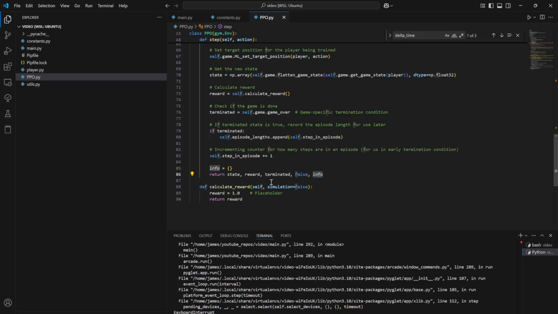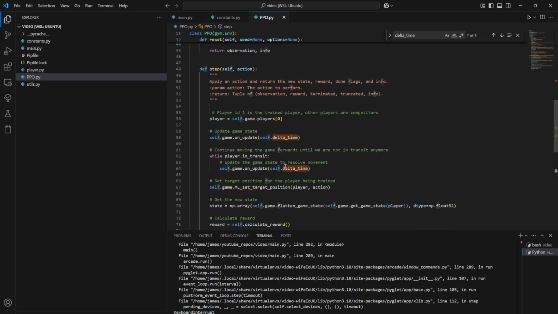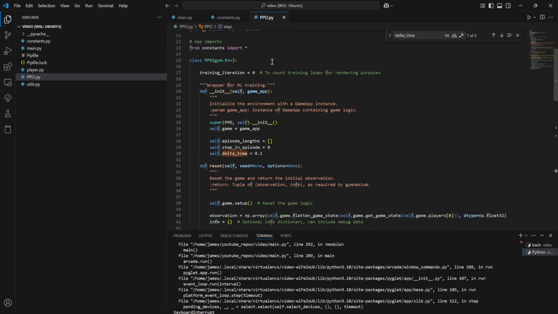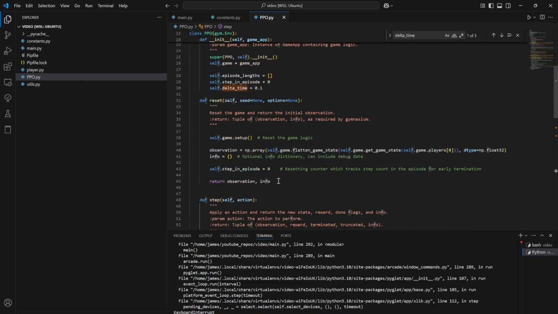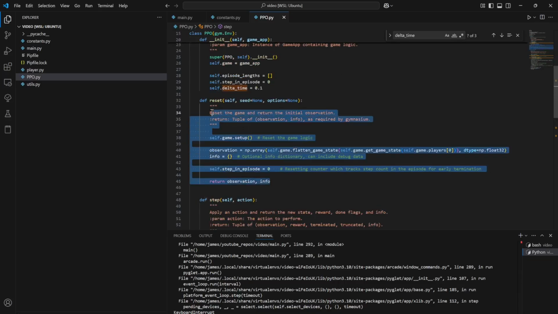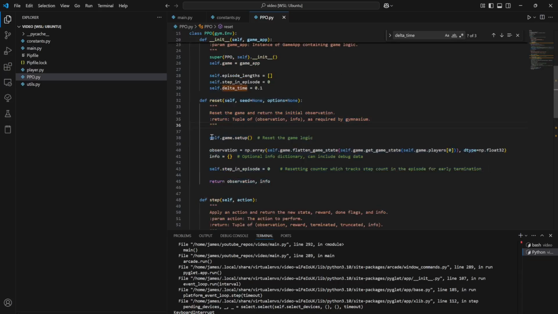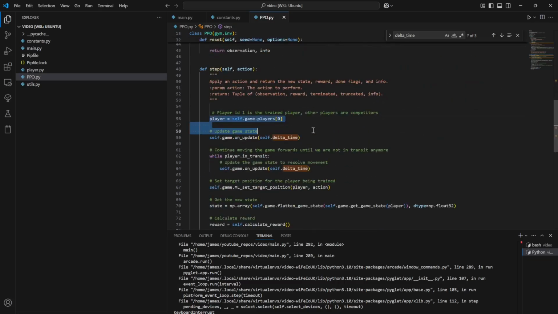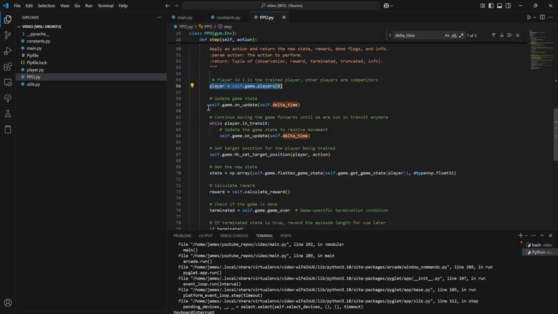So that's it. That's the end of this video. There's a lot there, but the principle is we're using this PPO wrapper to play the game without running arcade. We're using the methods to play the game. We've got reset, which resets the game at the end of an episode when we need to start it again. We're playing with player 1 only. We're updating the game state, which moves players around, but we won't continue with the machine learning training, i.e. what action has come out of,